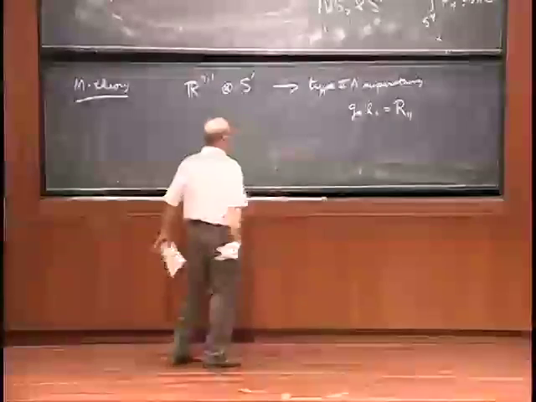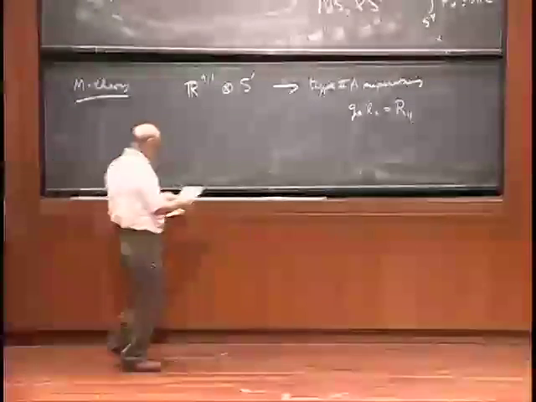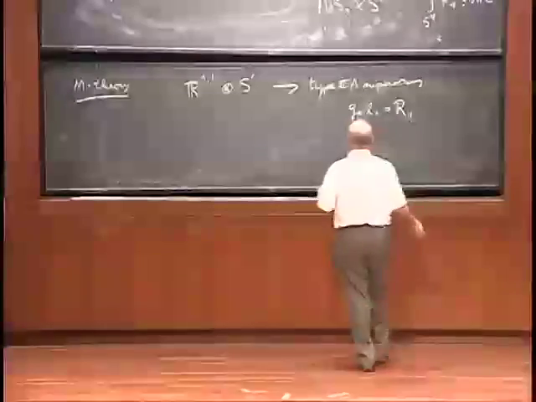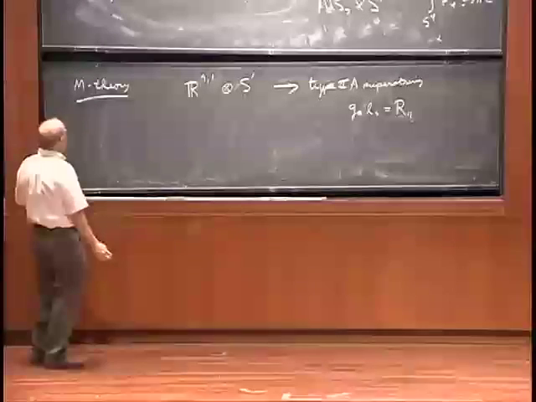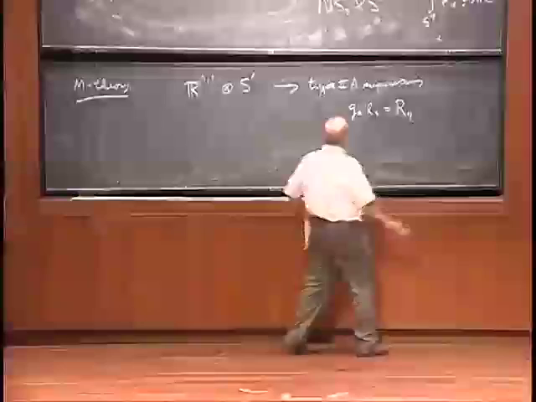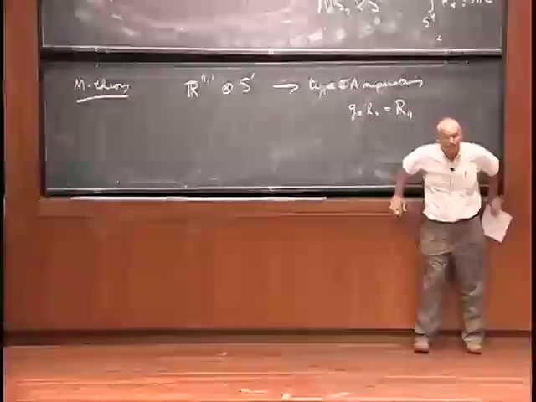There's another formula we can write down in a moment. I can write it down right away, I guess. Well, we'll derive it. If this is true, we have to understand where the type 2A superstring comes from, because I told you there are no strings in 11 dimensions.